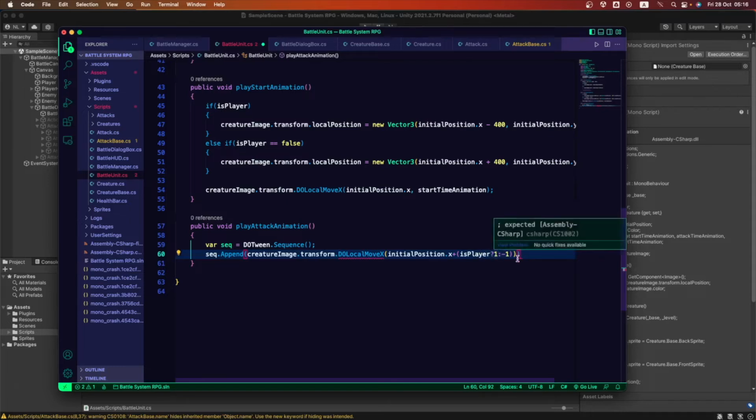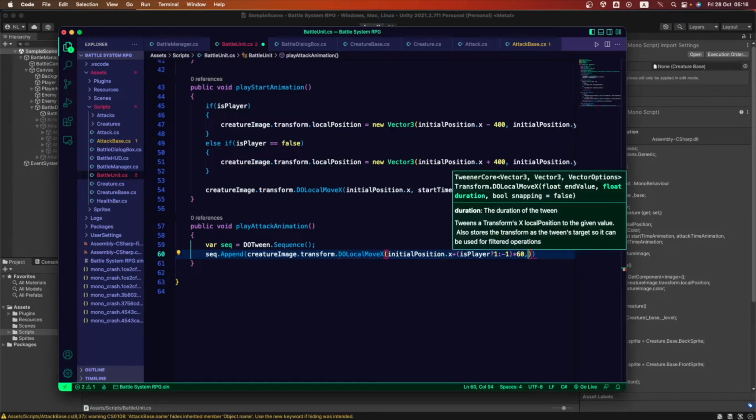Okay, and also we're gonna go here and we're gonna multiply this by 60. This result is gonna be multiplied by 60. Remember, this is the position. Okay, and we also gotta add the duration of the animation, and let's try with this one, a 0.2 f.